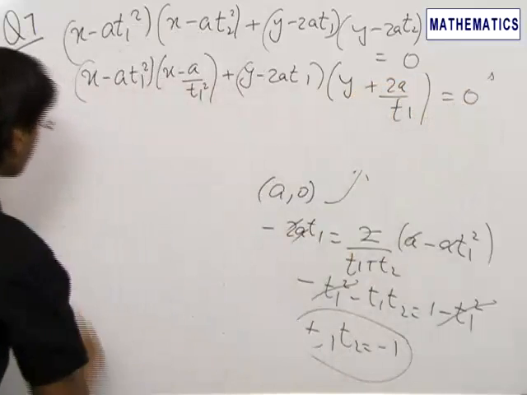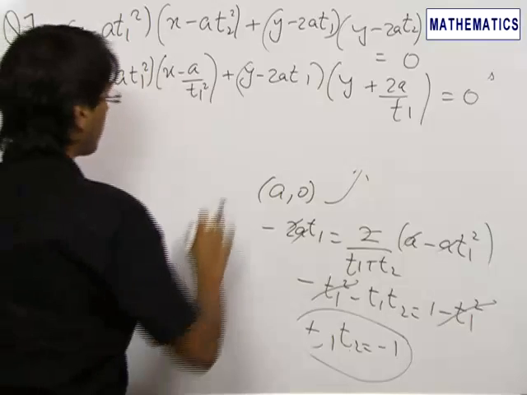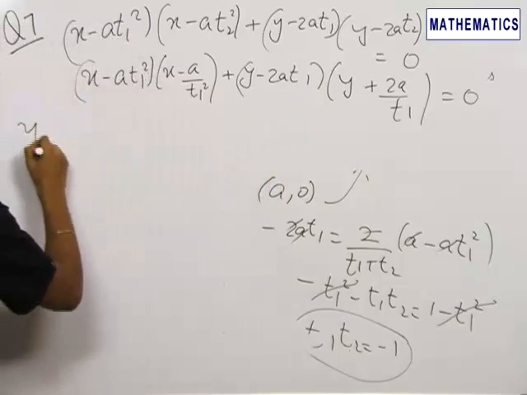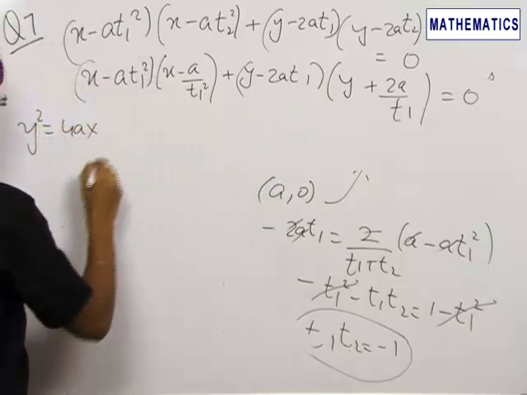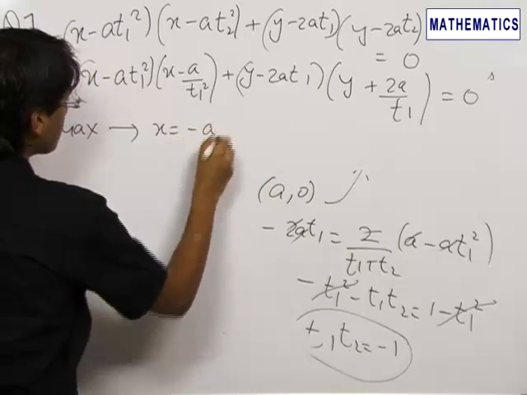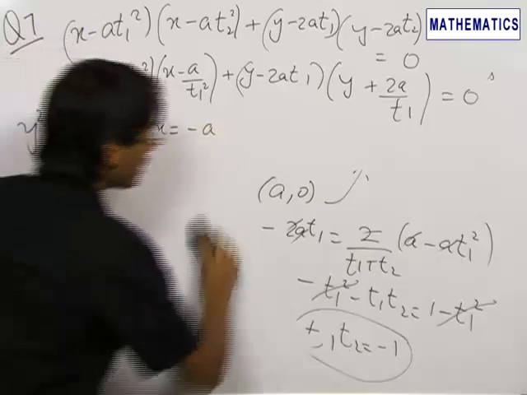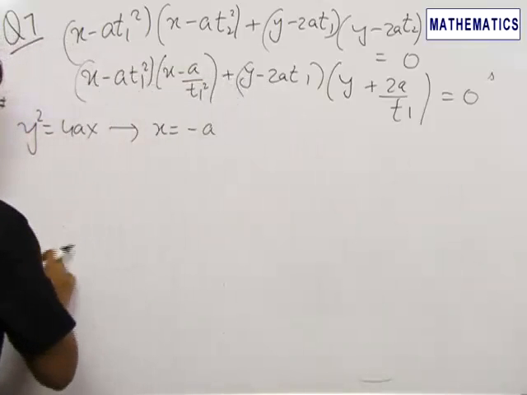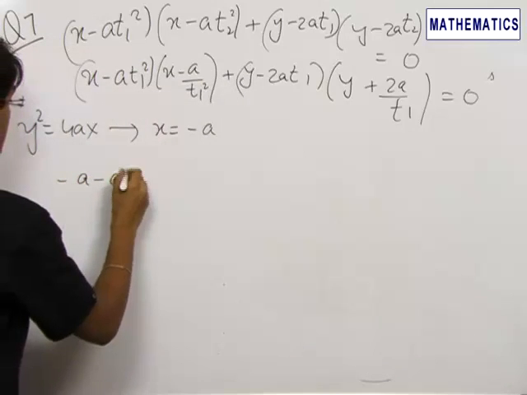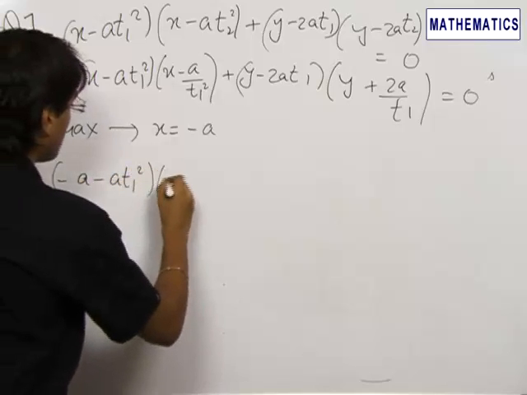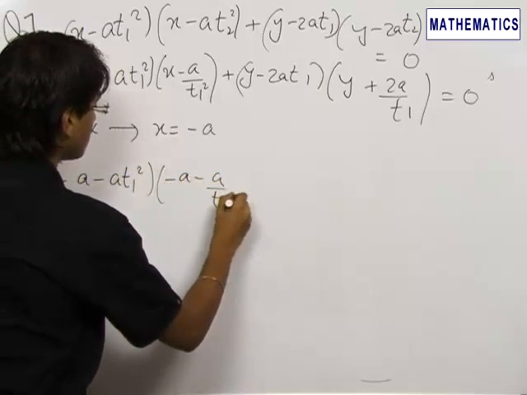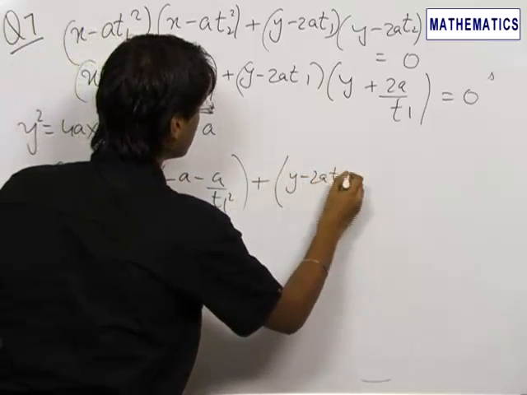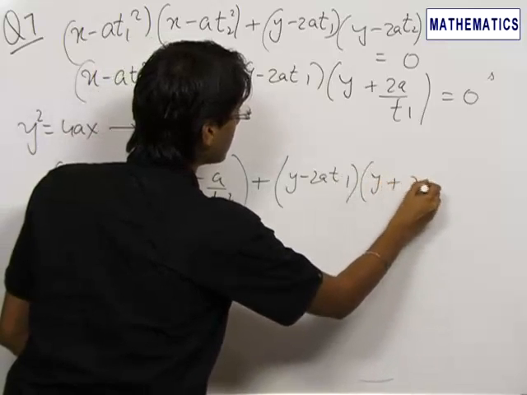Now we need to prove that the directrix touches this circle, or the directrix is a tangent to this circle. And we know that for the parabola y square is equal to 4ax, the directrix is x equals minus a. Hence putting x equals minus a in this circle's equation, we get minus a t1 square minus a upon t1 square plus y minus 2a t1 into y plus 2a by t1